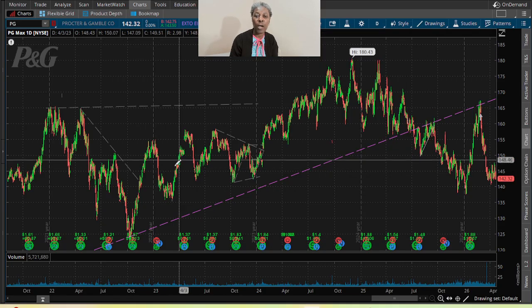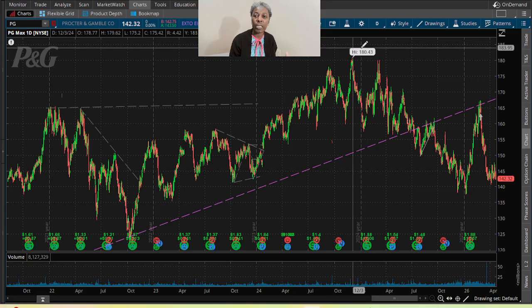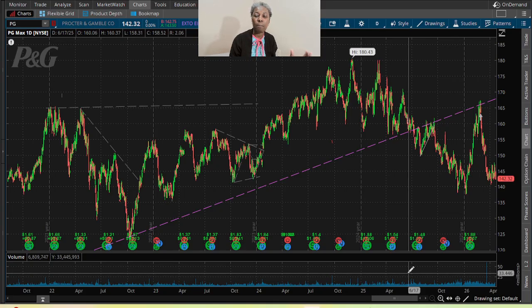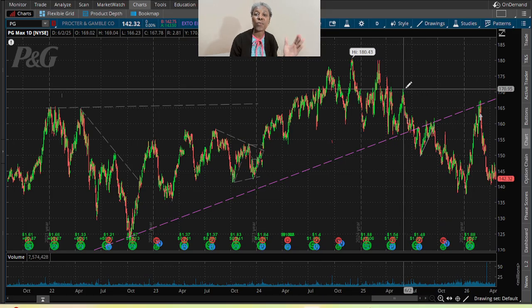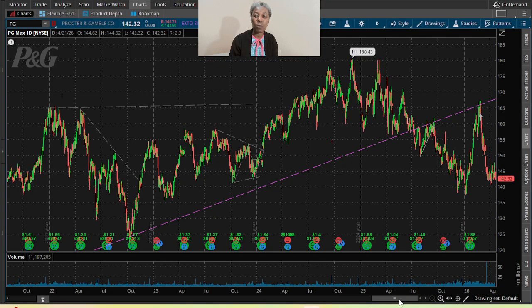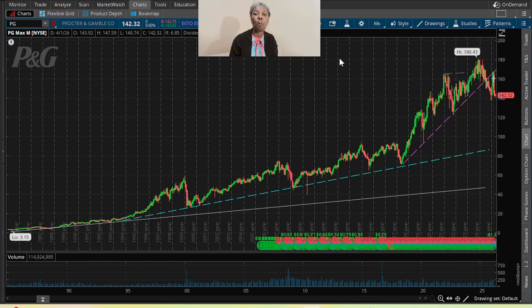Maximum, that way the software can show multiple years on the screen, whatever can fit the screen without me having to scroll. I like to see that. So I like maximum daily chart. But if I feel I'm not having the whole picture in front of me, I like to go to the maximum monthly chart to see the overall